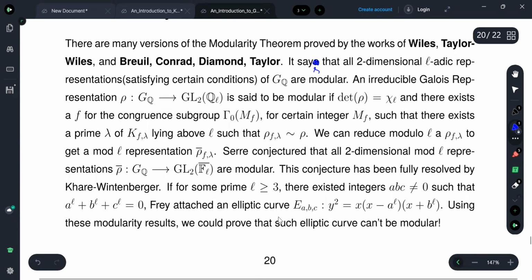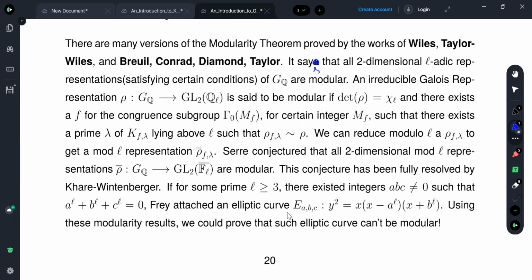And using all that, one can prove Fermat's last theorem, that if you have a non-trivial solution to the Fermat curve, that is a to the L plus b to the L plus c to the L equals 0, then first Frey was first to consider this elliptic curve,